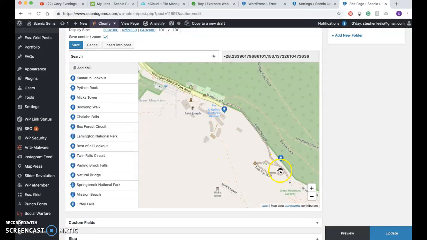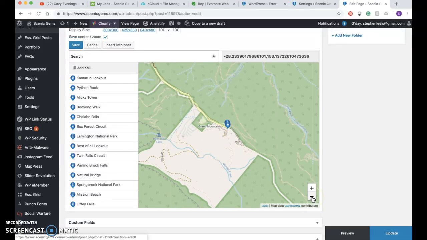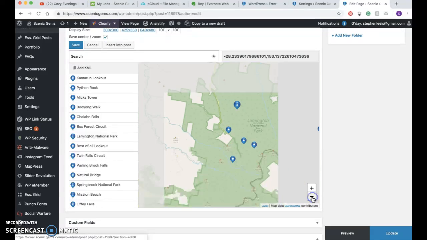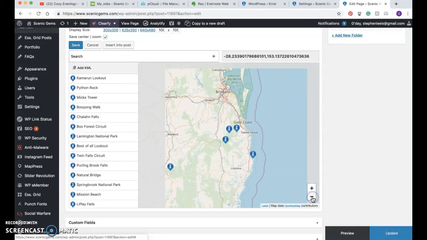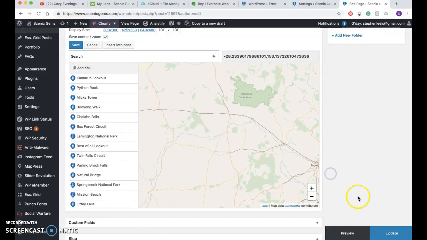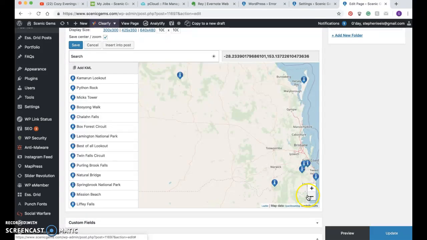So for the Buyong walk, this one here, that one would start here. So that's essentially it for basic marker placement. Now there's one other instance that I can think of where I sort of break this convention. There's one in particular in my mind, so I'll just go to that now, and that is,